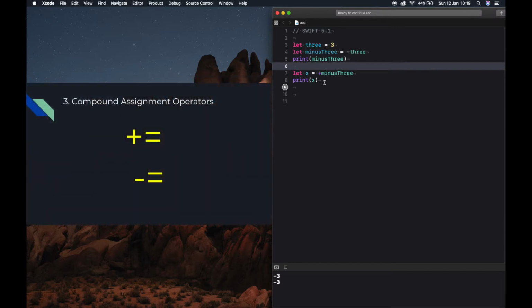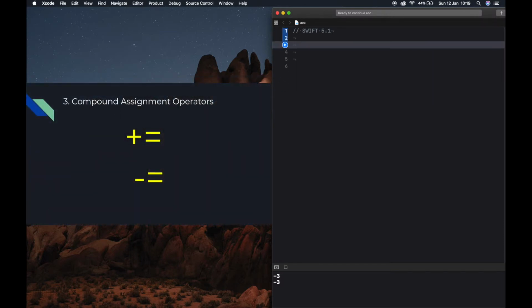Next, we are going to check the compound assignment operators. Compound assignment operators combine assignment with another operation. For example, A equal to 1, A plus equal to 1.